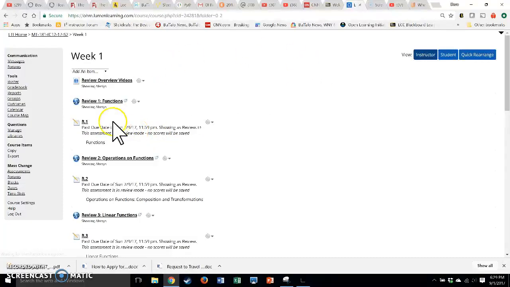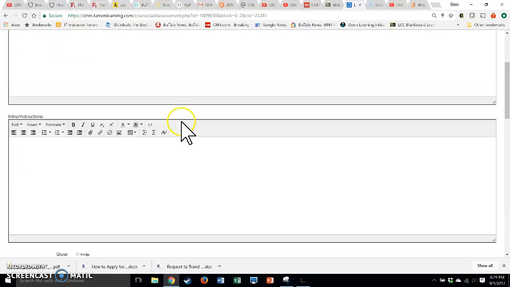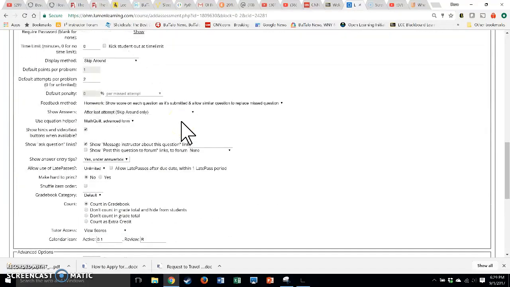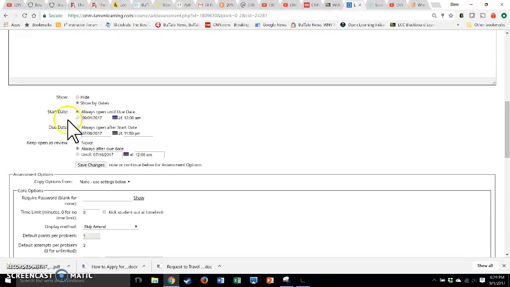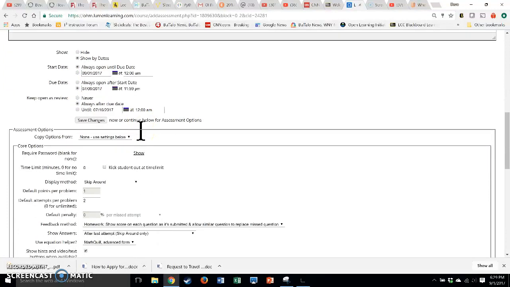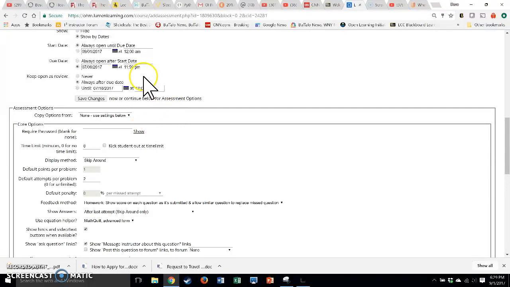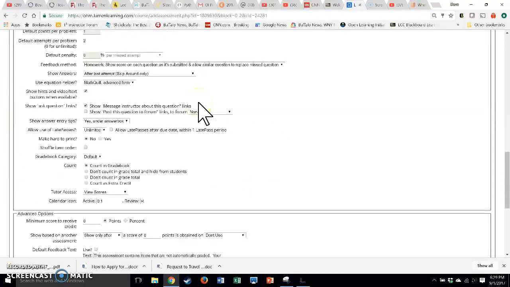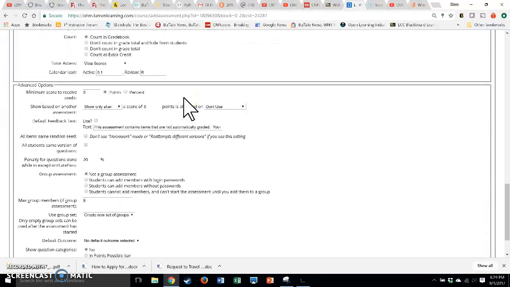So if I go under week 1, and I go to my first review assignment here and I go to settings, you can see that down at the bottom here, well, first of all, you can see that the due date was July 9th. And I say that the start date's always open, and I say keep open in review mode always after the due date. So then if we continue scrolling down, like I said, I don't do anything with the late passes, but